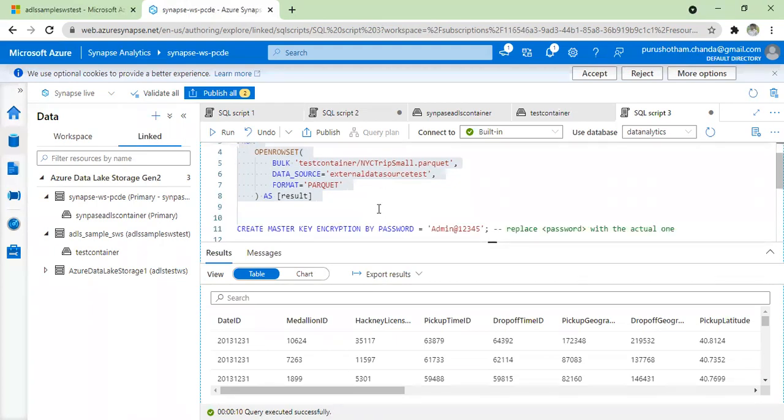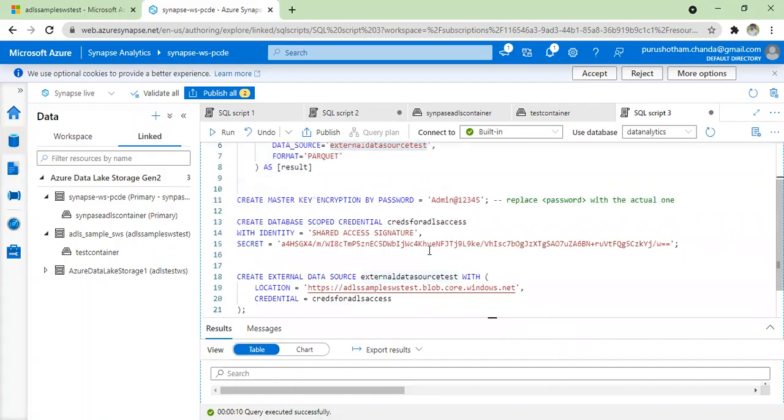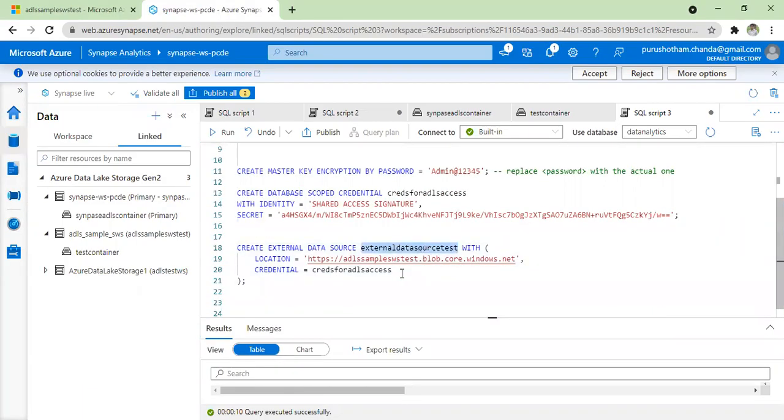Okay. If you remember, accessing with the data source we already discussed in the last session. Instead of the entire location, entire path, I can give the data source. But the only difference here is this data source which I gave has a credential embedded to it. This credential is nothing but pointing to this particular location with the SAS key. Okay, so you need to remember that whenever you are connecting to an external data source in a storage account, you should have a